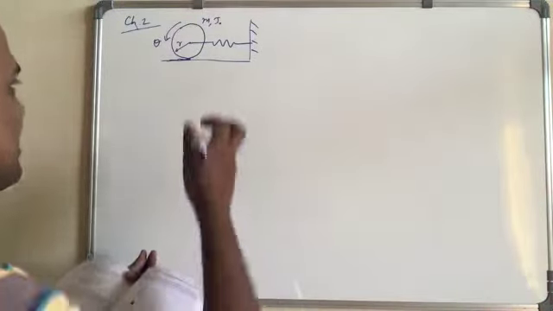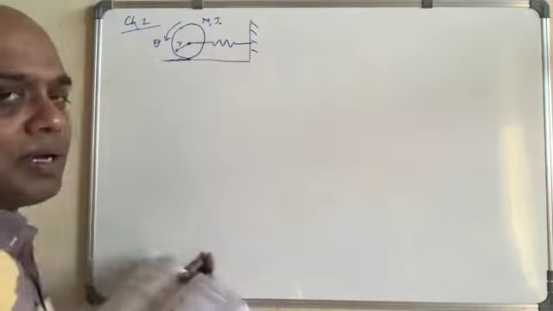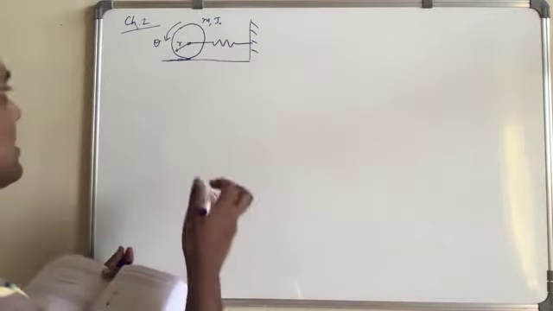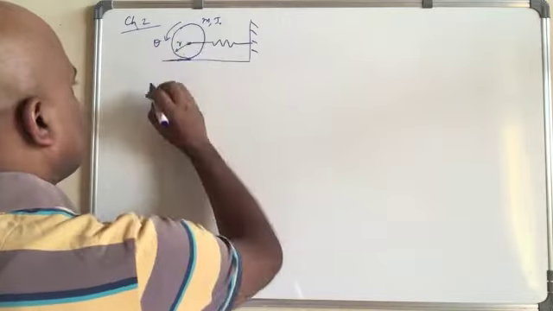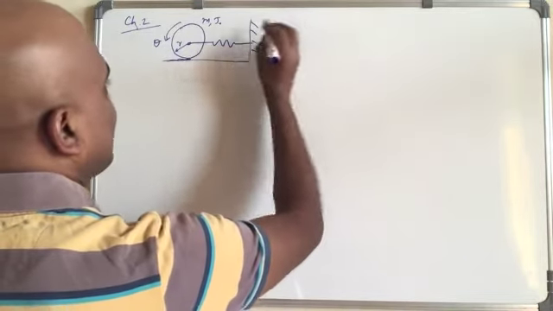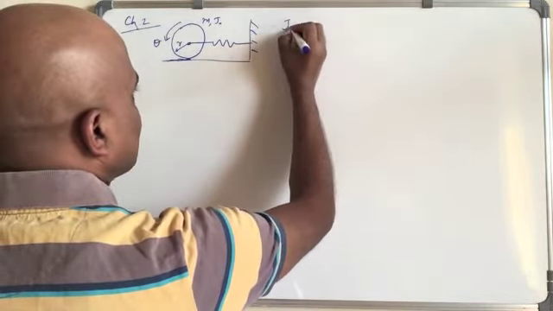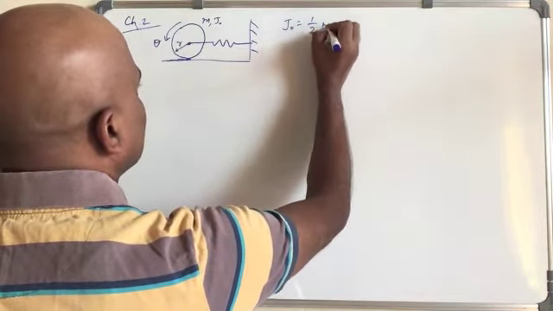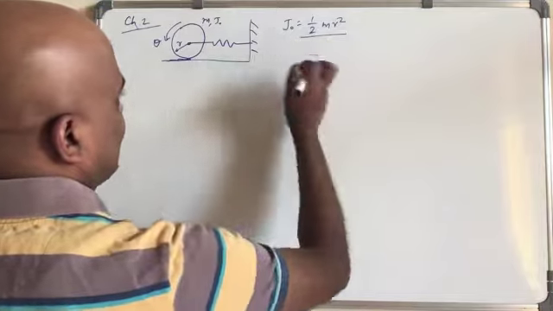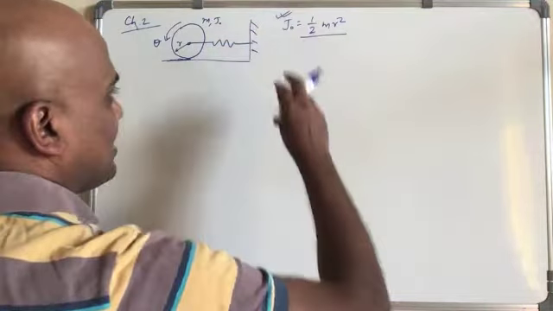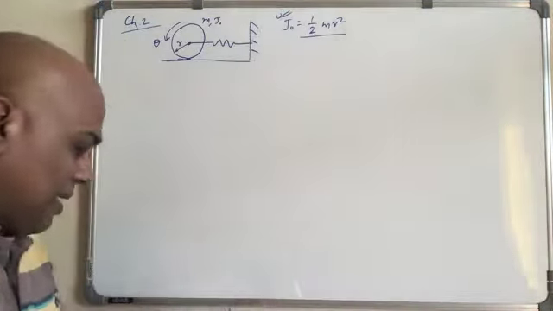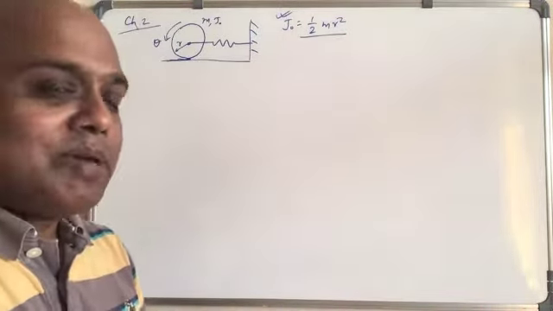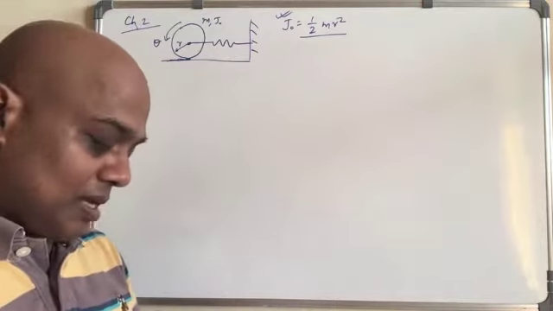The question that I gave differed a bit from the textbook problem, and there I said this is cylindrical, with the radius r. When I say cylindrical, that really means J naught automatically equals 1/2 m r squared. That's the relation, so you have to add this relation additionally. This question may be very easy for some.